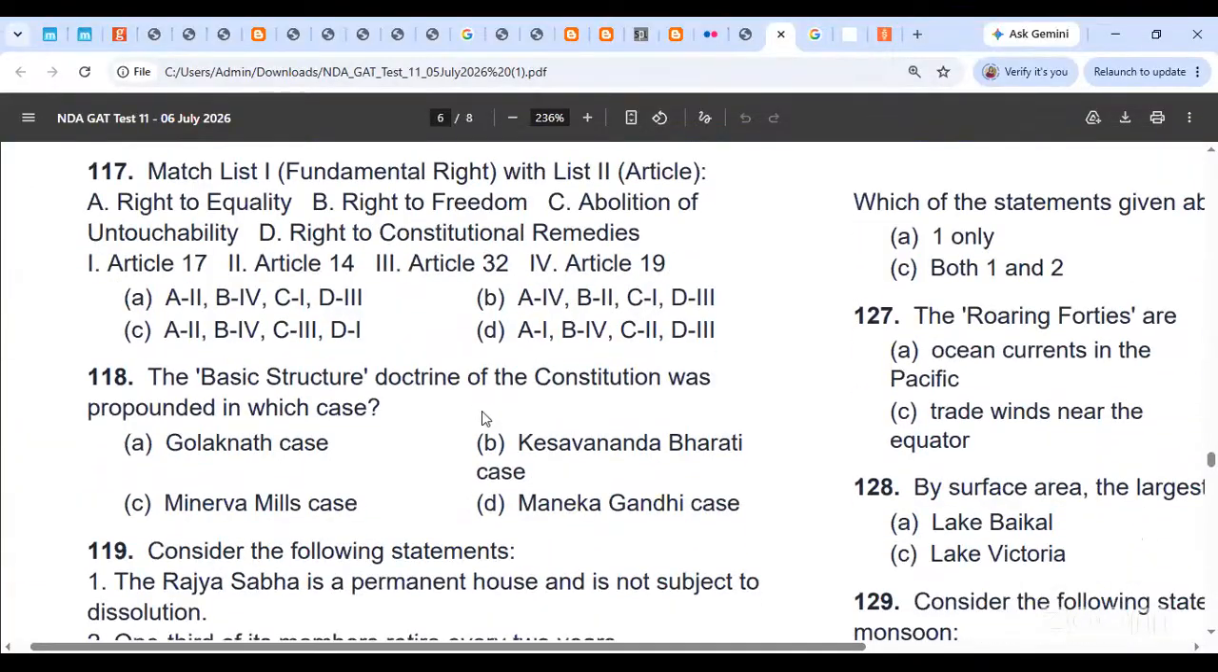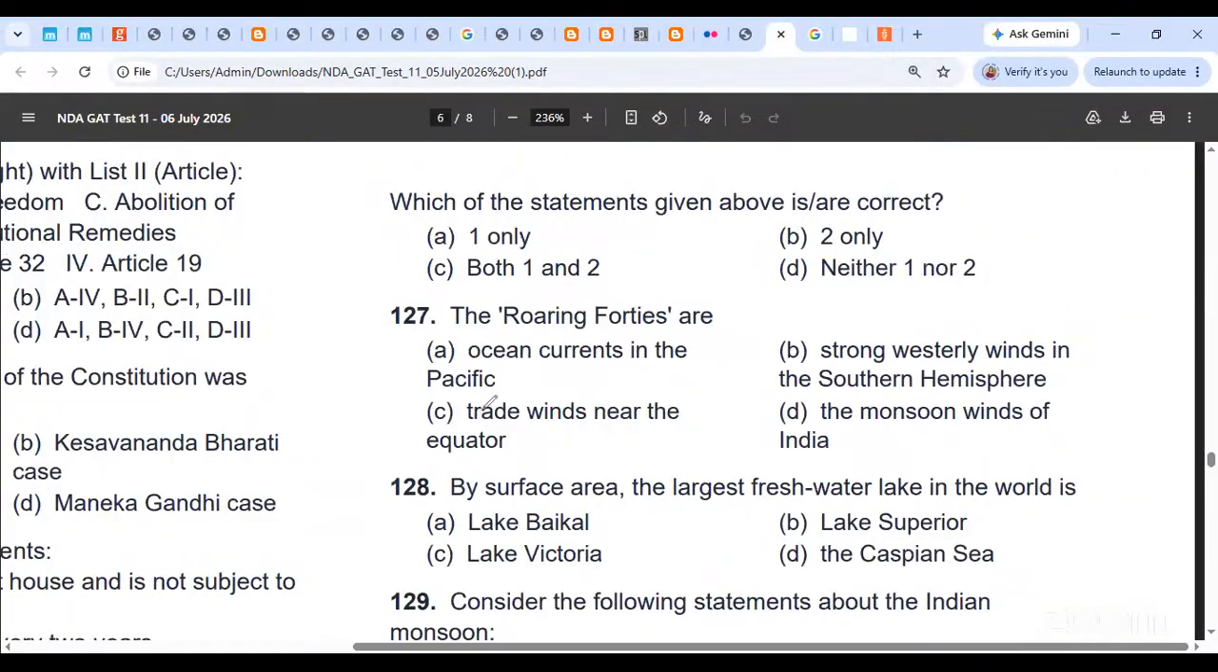For question 126, the answer is both statements are correct. Both 1 and 2 are correct. Moving forward,